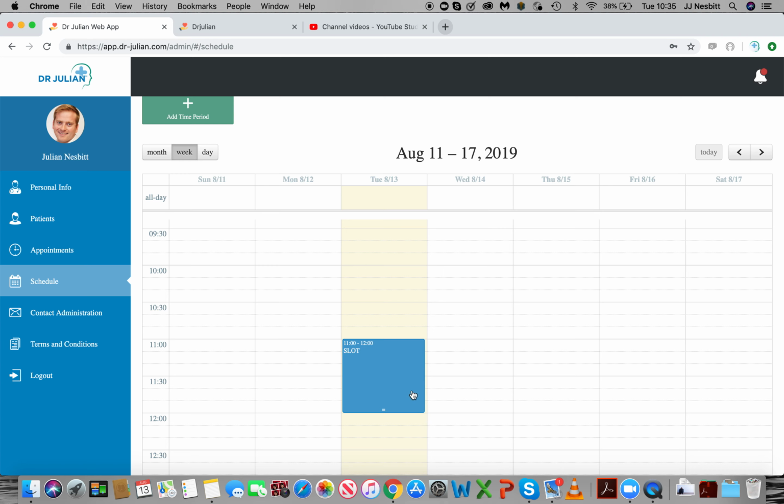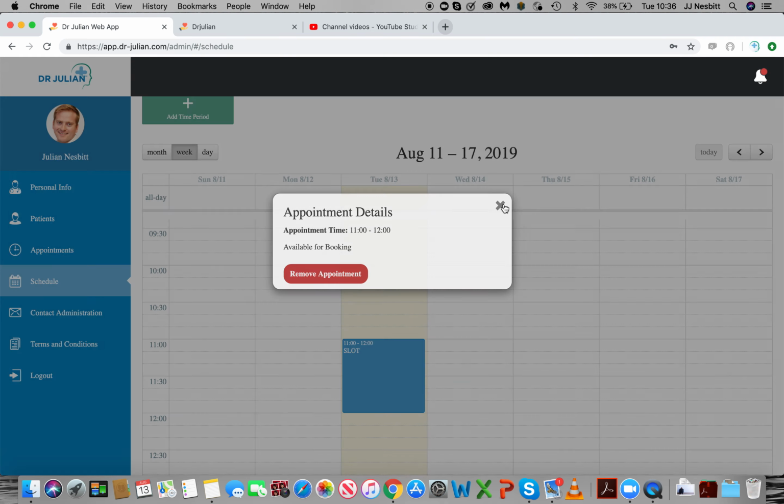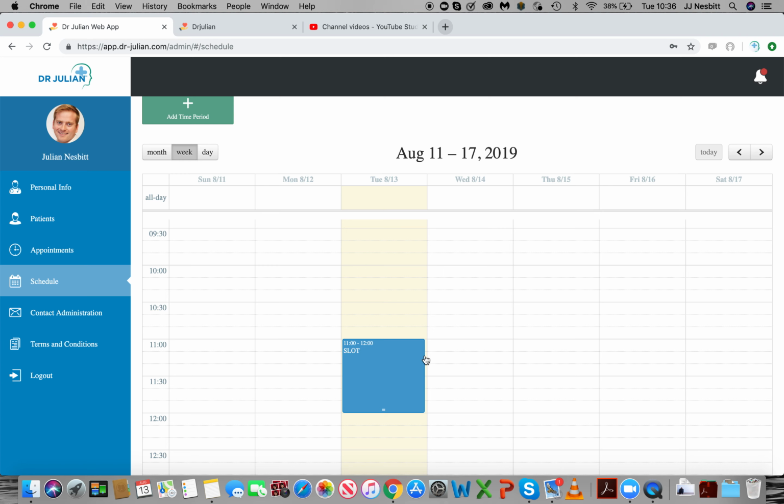Once the patient has booked with you, it will then appear as orange, and you will then need to confirm this appointment. When this appointment is orange, you need to click on it, and there will be a button here that says Confirm, and then that's how you confirm your appointment. When this appointment then becomes green,